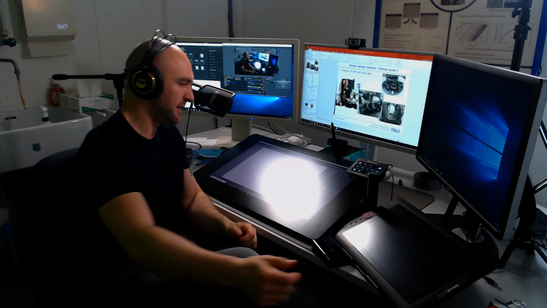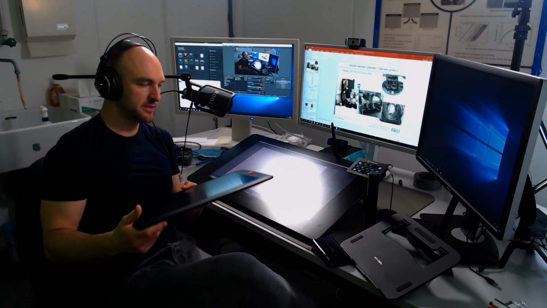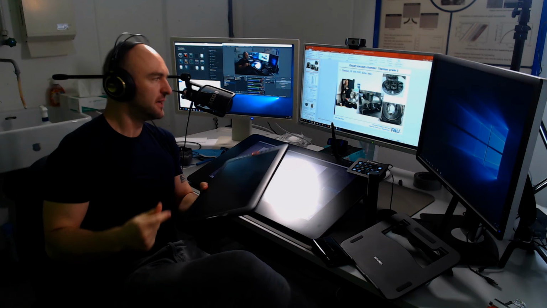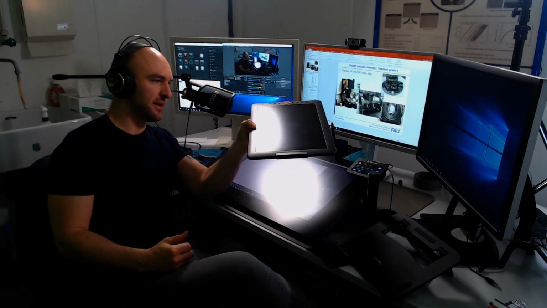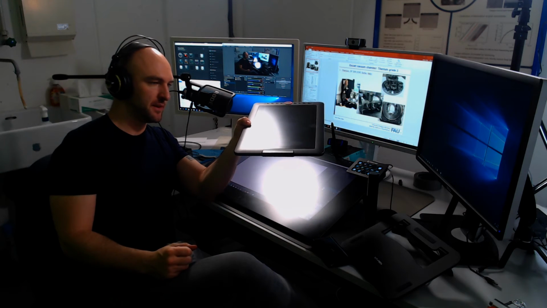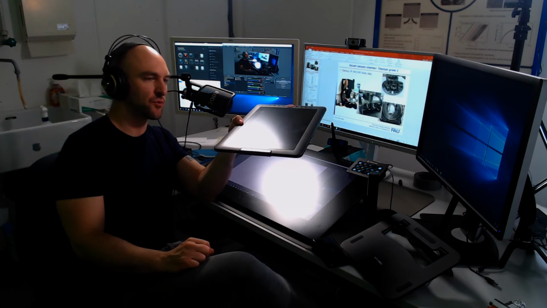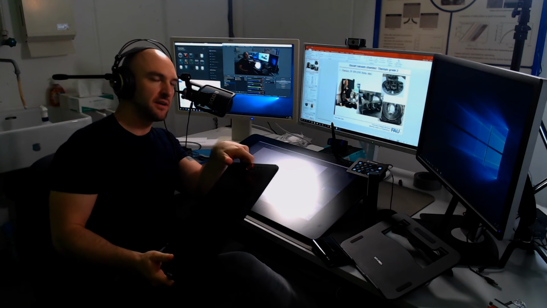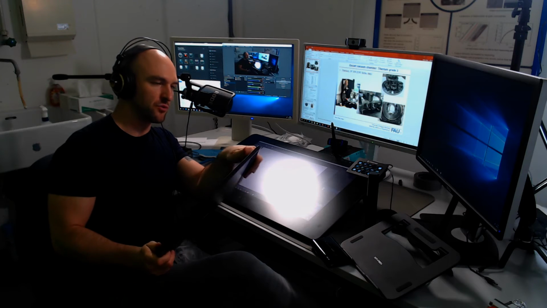In recent years, especially in the last year or so, other companies have caught up with Wacom and also produced very good tablets. So this here is a tablet that I've bought for my office because I do have one lecture where I have a scheduling conflict, so I can't access the room here. So I do the streaming from my PC. And if some of you have more questions about how I did that, I can do a separate video on that,